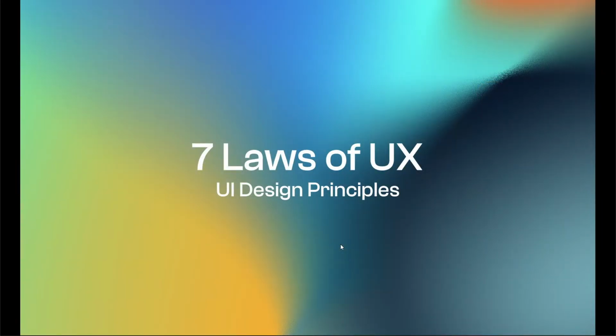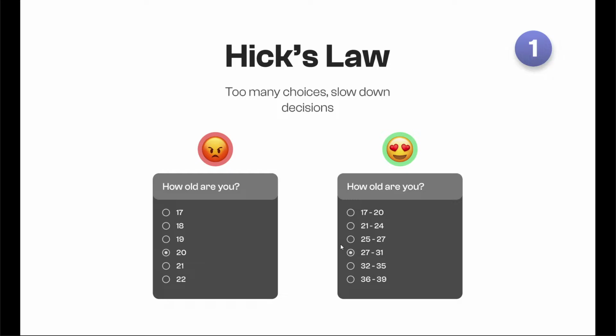Now let's go into something deep. Let's go into the 7 laws of UX. Basically, we have 7, and one of them is Hick's Law. Too many choices slow down decision-making, and it happens to me mostly when I'm using Google Forms. You need the one that will give you a wide range, mostly in terms of age. Some people don't even want to put their age there. So it's good to just put something that has a wide range, like 1 to 5,